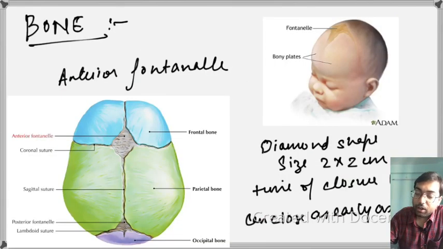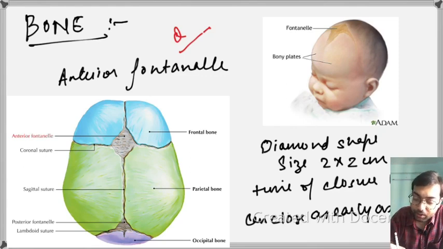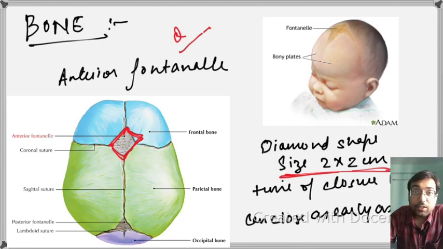So moving on, now we are moving on to the topic bone. In the topic bone, first topic is anterior fontanelle. You can see this is a diamond shaped anterior fontanelle. The normal size is 2 into 2 centimeter. The anterior fontanelle is called the window of the bone. Why is it called the window of the bone? Because